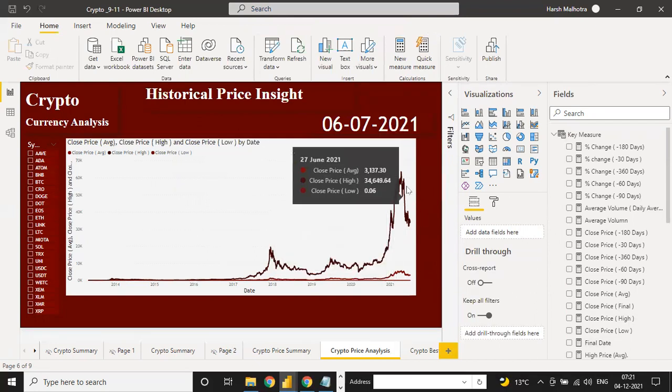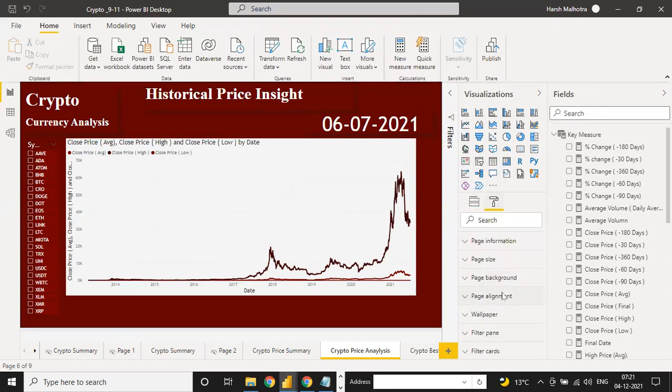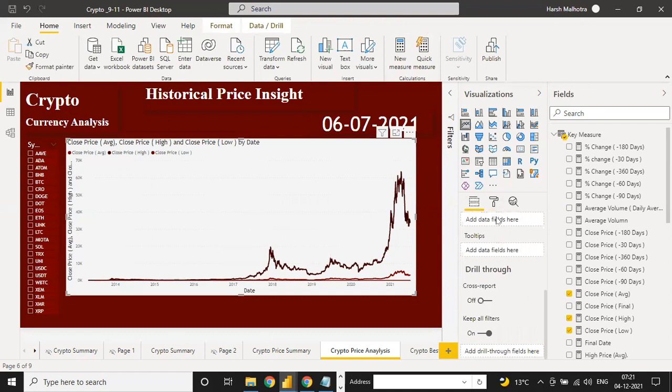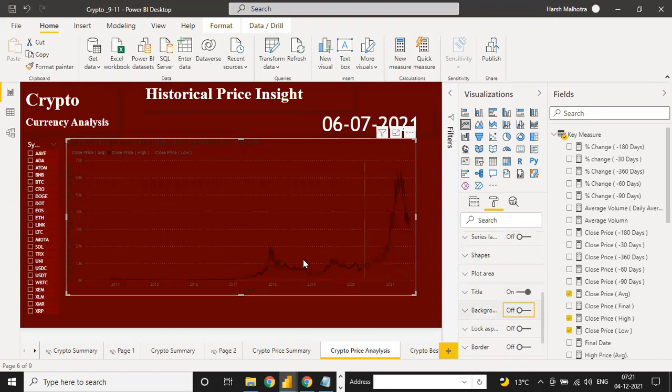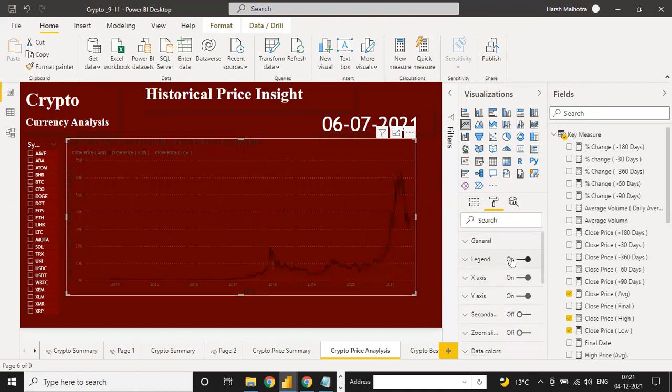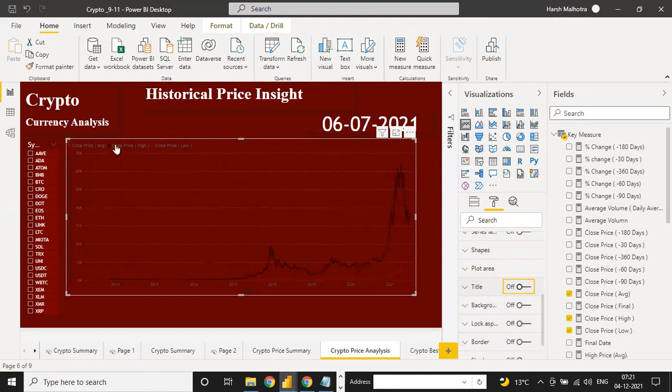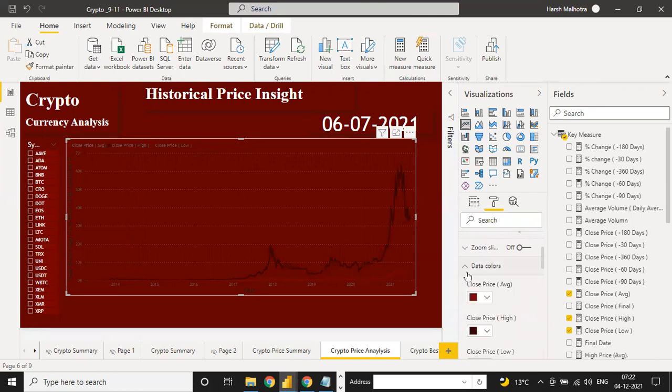Okay, and now you have to change the formatting. In the formatting, click here and go to the formatting again. You can switch the background option off, and you have to go to the legend. The legend is there, but we don't need a title, so switch off the title. We don't need the title. Close price average, high and low, we have the values, and now you have to change your data color.